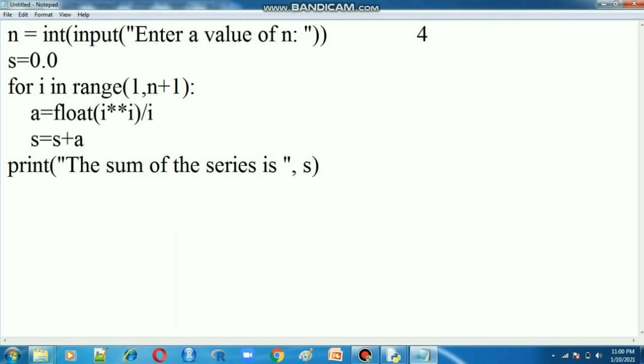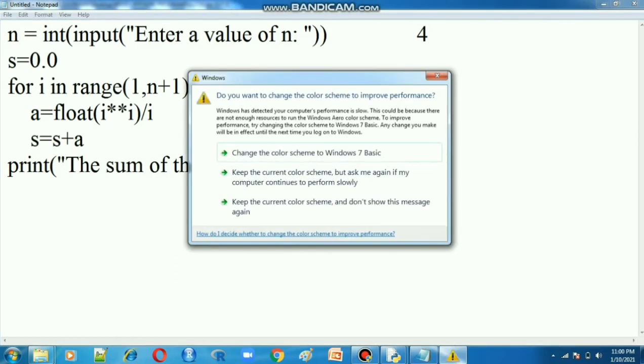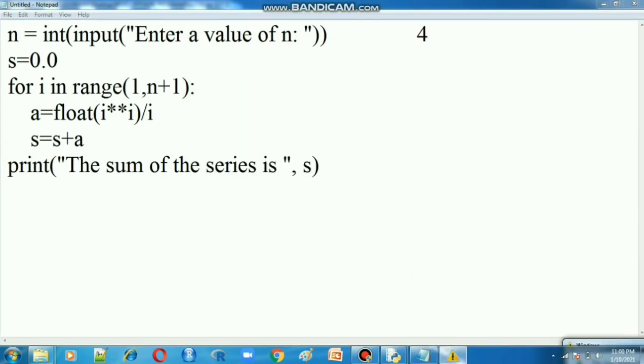Next variable s. s means sum, that shortcut only I have to use. Sum s equal to 0.0. Why is it so? Because the sum value may become a fraction value also, that's why I gave 0.0 for the s variable.